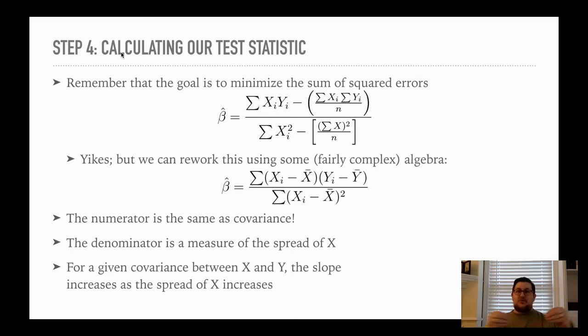So if x is really spread out and the relationship is like this, that's different than if you still had the same values of y, but x were more compressed. That's all that is. Again, I'm not going to make you calculate this stuff by hand, but it's just giving you some mathematical idea of what a slope is. The shorter the run, the same rise of y, you're going to see that rise over run increases. So if you reduce the run, then the slope will increase. Smaller denominator, larger overall beta.